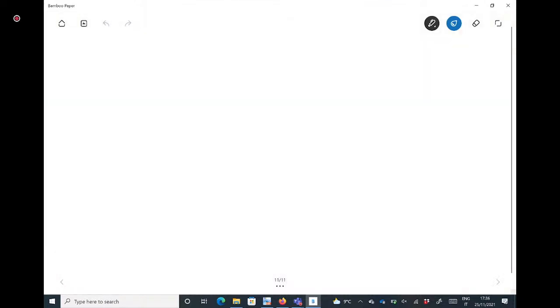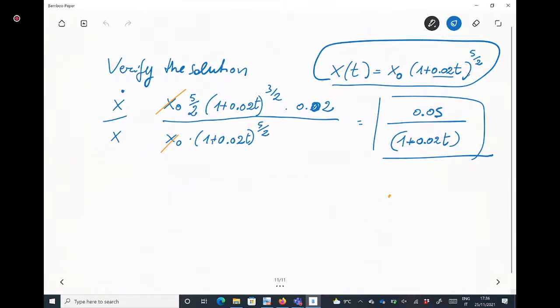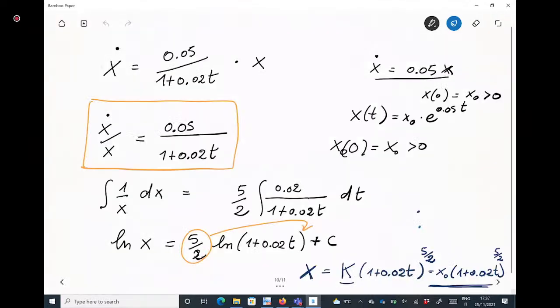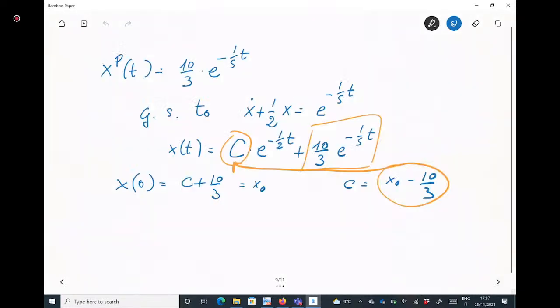And in fact, we found this function, this family of functions, which actually do have a time growth rate which is equal to this one. So this is a way to check that our solution satisfies the differential equation. So what are the most important types of these separable equations for applications to economics, to finance? The most important types of these separable equations are precisely the ones in which